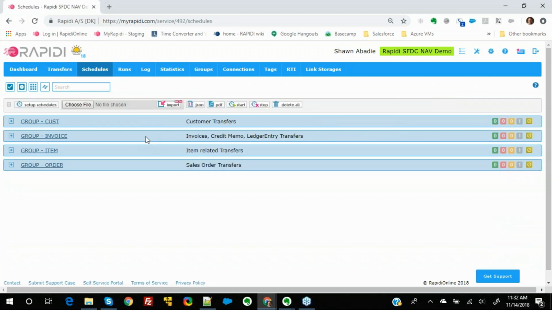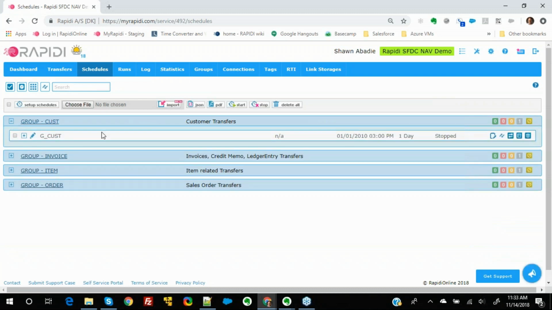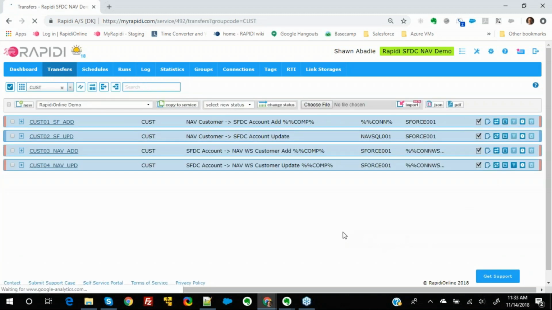So I'm just going to look at this in this demo environment that we're looking at. We have a group of customer transfers. Here's all the customer transfers that execute in that group. And we actually have a very simple way. We name them in the order sort of alphabetically that we want them to run in. And then when I set up the schedule for this group,